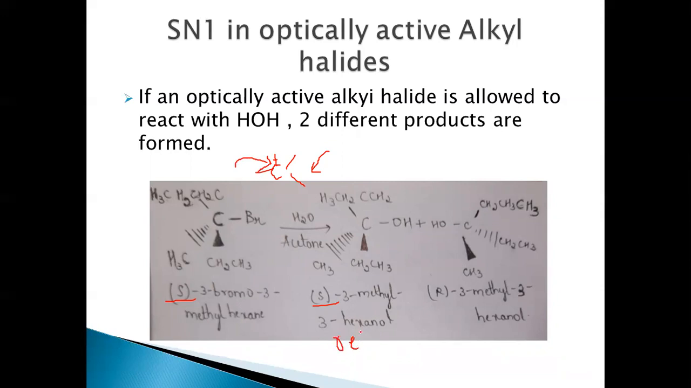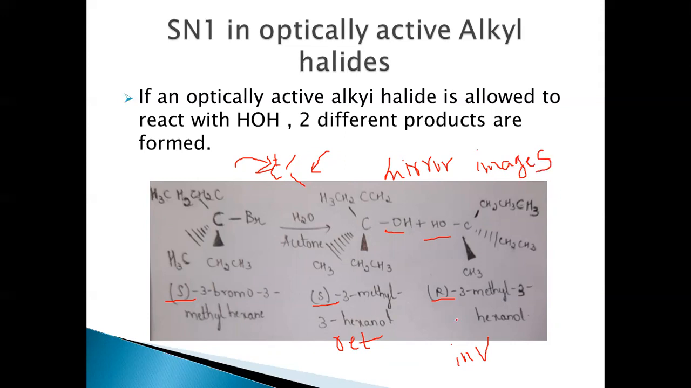This is a retention in the configuration. This is R here. This is an inversion in the configuration, resulting in the formation of 3-methyl-3-hexanol R. R-3-methyl-3-hexanol here. This OH is from the back side. This is in the front side. So S and R. This is a retention in the configuration. This is an inversion in the configuration. And these two are the mirror images of each other. These are the enantiomers which are formed, the mirror images of each other,